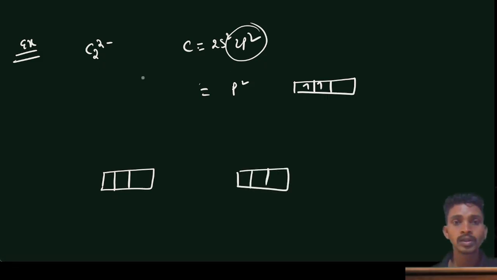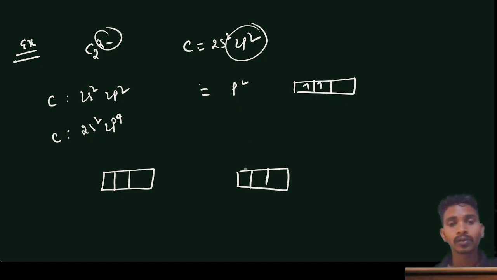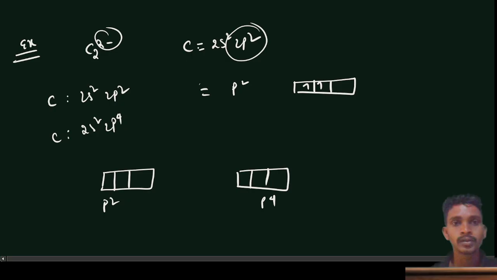Okay, so here in one carbon we have 2s2 2p2, and in the other carbon we will have 2s2 2p4, because two extra electrons are there. So one I will write as p2, another as p4. Now, since this is unsymmetrical, what I'll do,